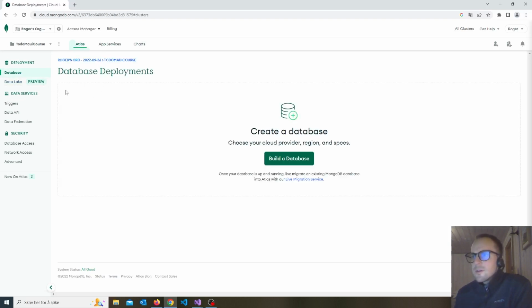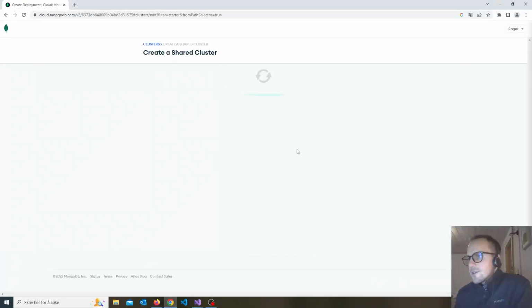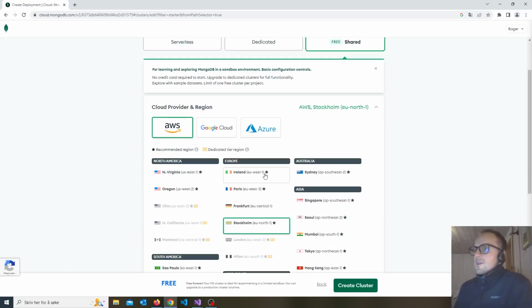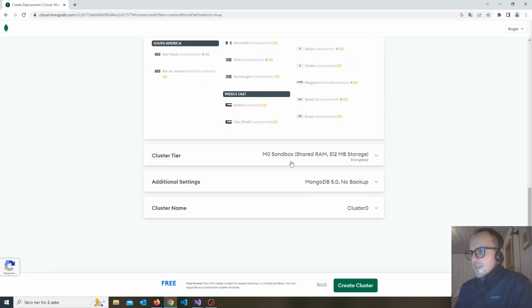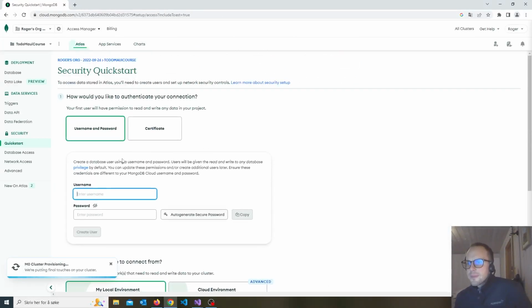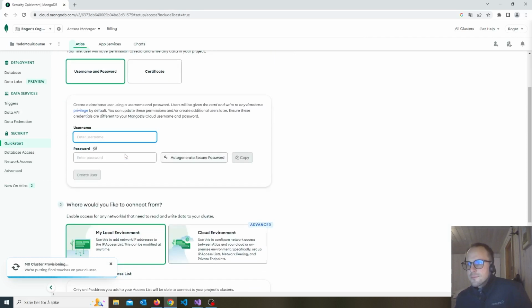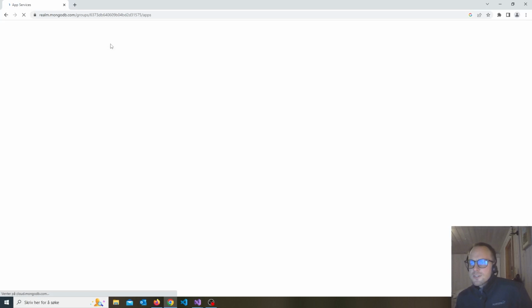So there I should have a database, build a database. I'm just gonna use the free shared, and choose a nearby database location and create cluster. So actually we don't need to create a user, I think. We want to go directly to the app services,